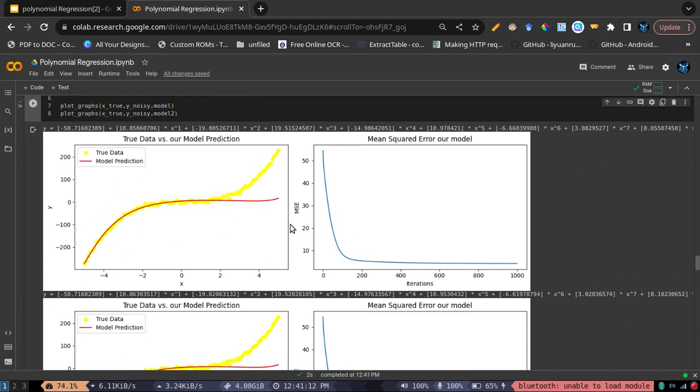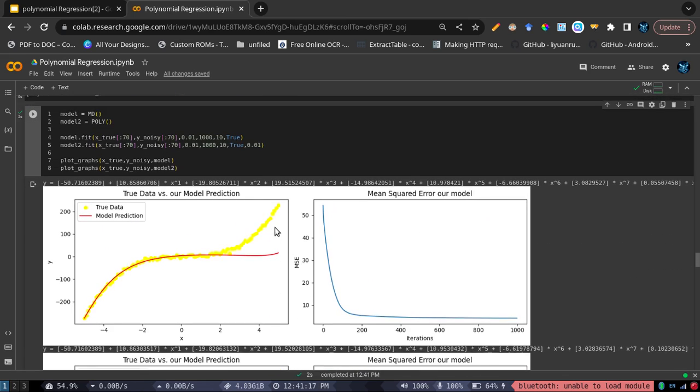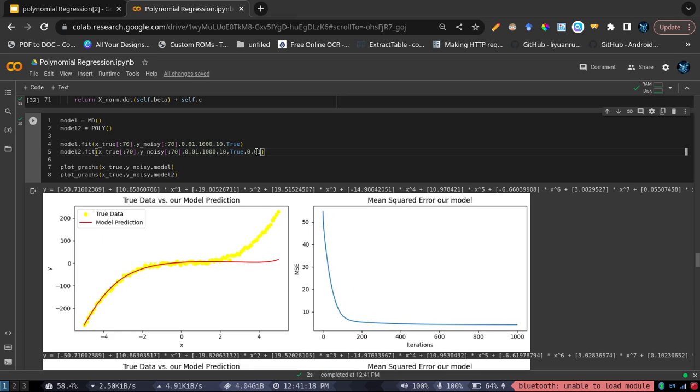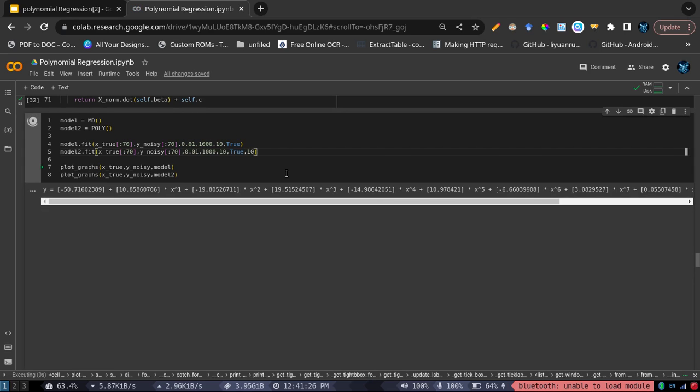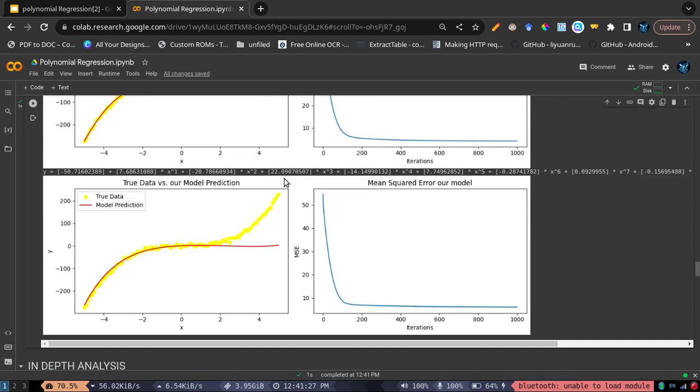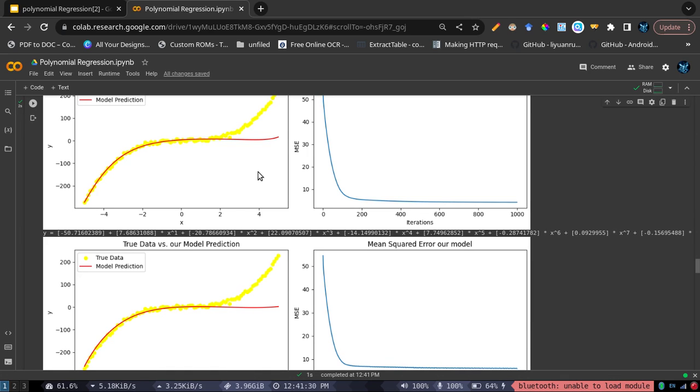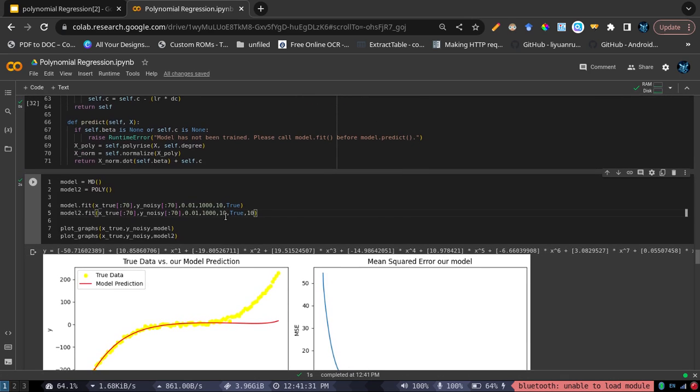Okay, now as you can see, they both are performing badly, right? They both are performing exactly the same. So let's increase the value of alpha. All right, let's add more error. And you will understand why. After adding the error, it is not working at all. It is working exactly the same as before. So let's increase the